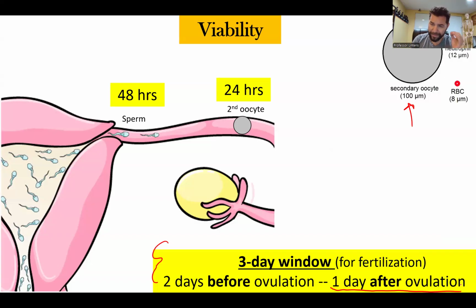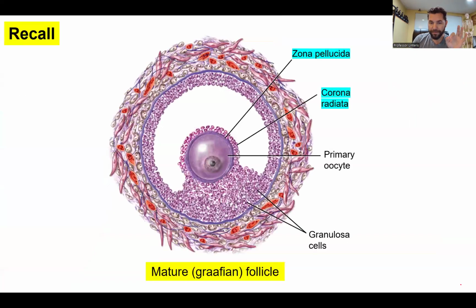Obviously, you cannot have fertilization unless there is ovulation. So it buys us a little more time, because those sperm take a while, right? They could get there and then ovulation occurs. So that makes sense. If we recall, when we looked at these pictures previously, part of that mature or Graafian follicle,